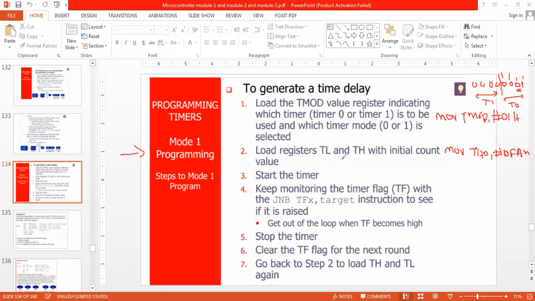Okay, then TH0 and TL0. Load the initial count value. So move TL0, comma hash, this I will do FF.